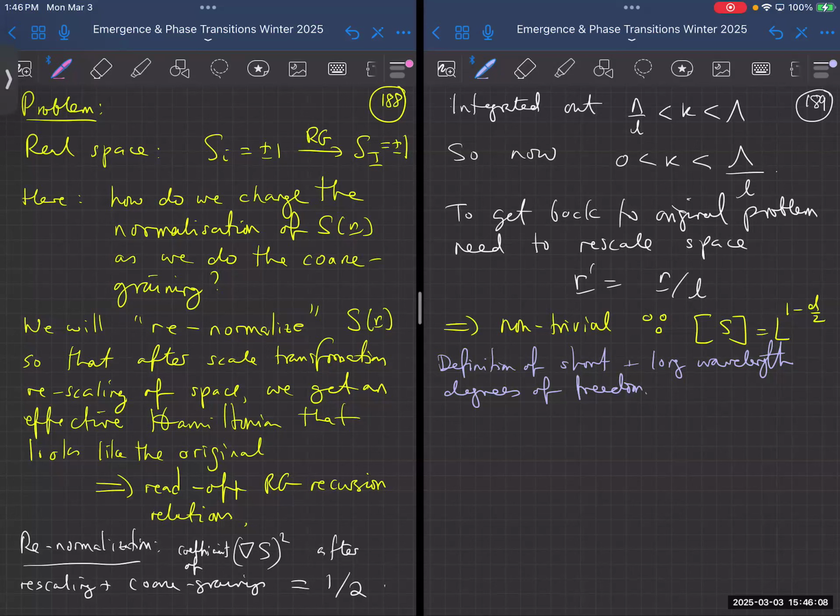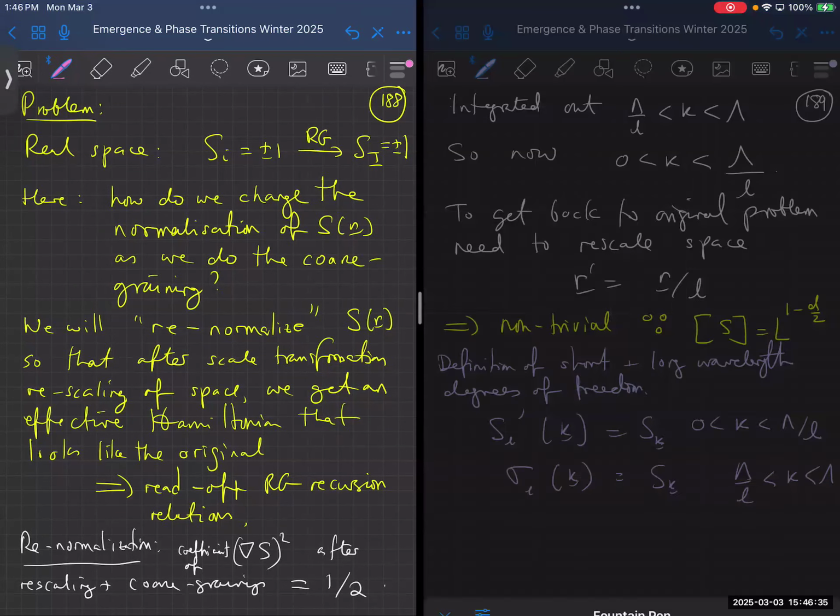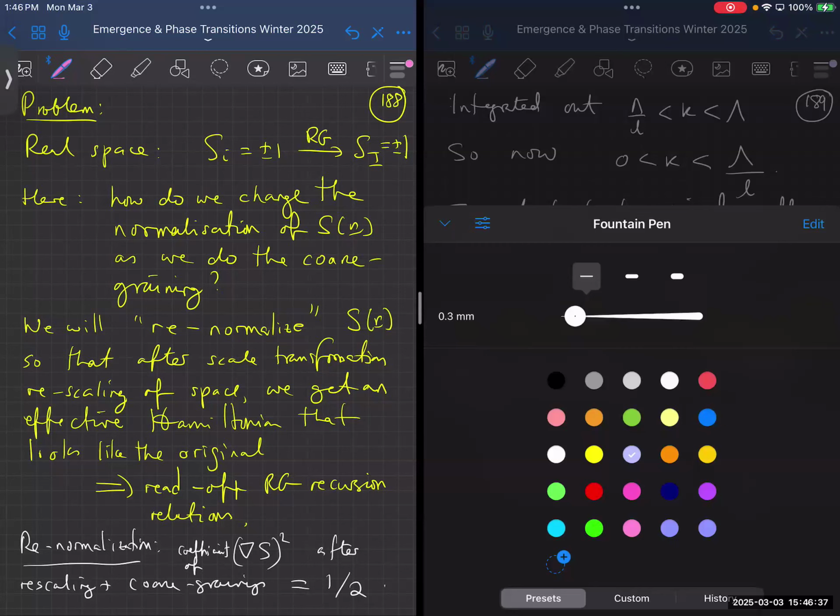So what I'm going to define is I'm going to call the variables S of k, I'm going to call those S prime of k, where k is between 0 and lambda over L. And I'm going to define sigma L of k to be the S k variables when lambda over L is less than k is less than lambda. So then, why do I do that? Well, if I want to write down my original field